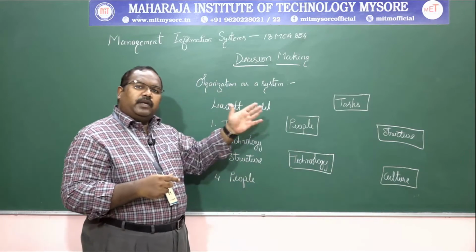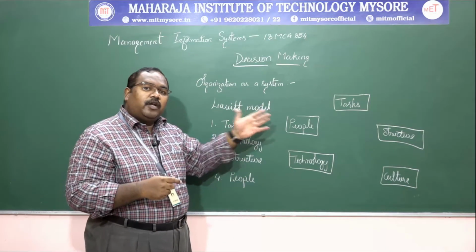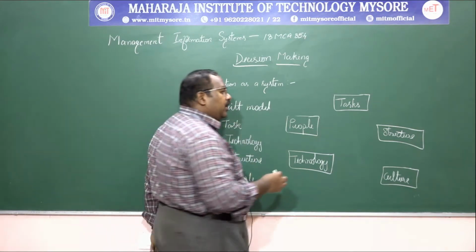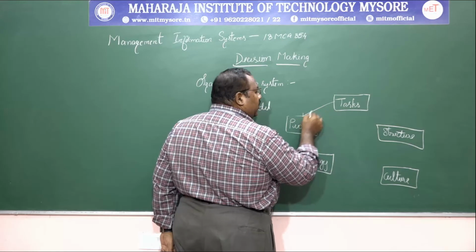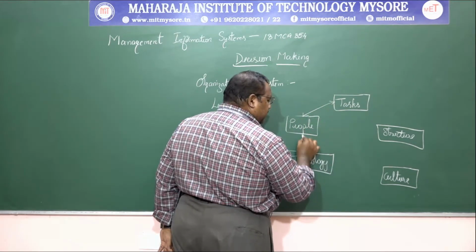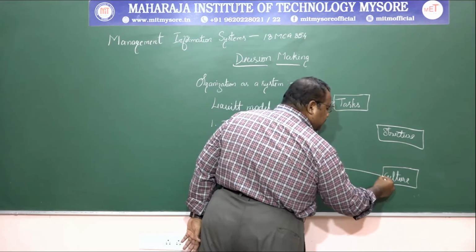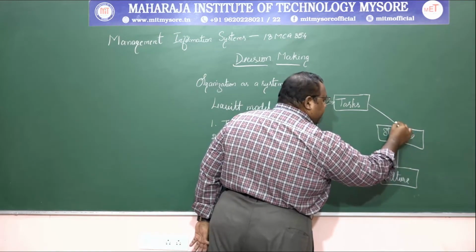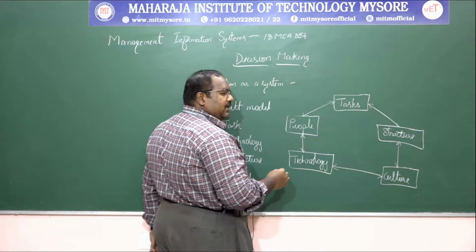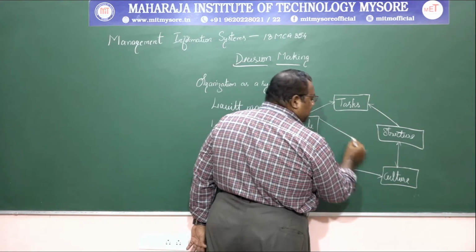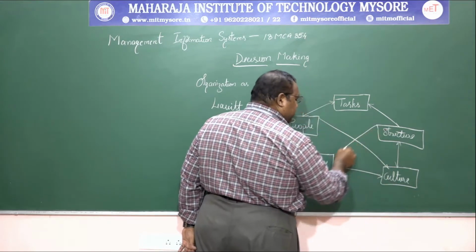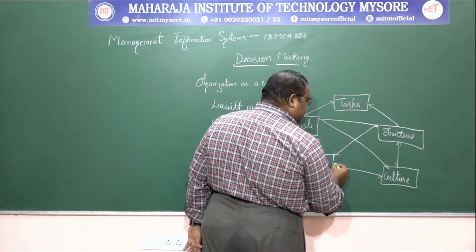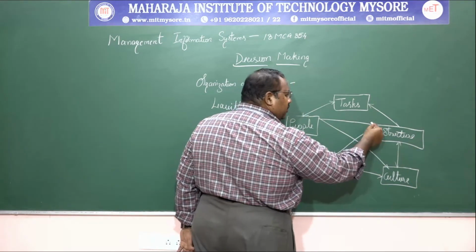These are the different components that need to be considered to form an organization. Now this is not a complete system. So how do we do it? We need to interconnect them with one another. Look at this connectivity. It is not just cyclic, it can even go like this. Even this can be connected like this, or they can be directly connected like this. Any way of approach is possible.